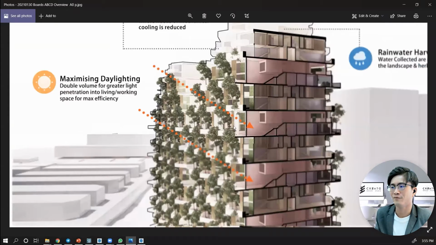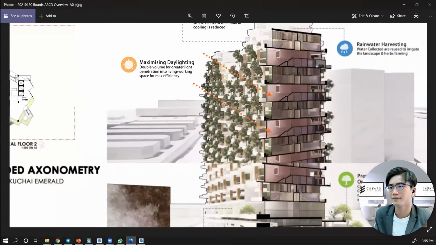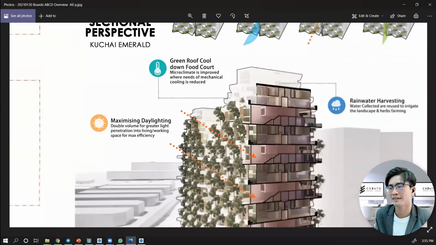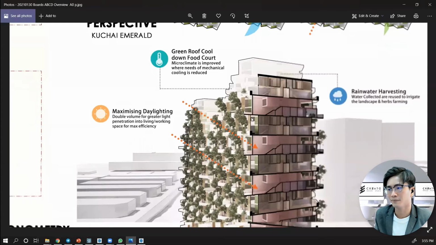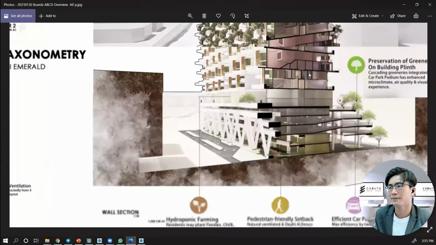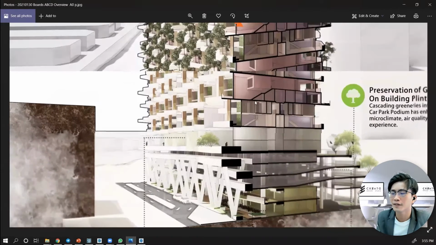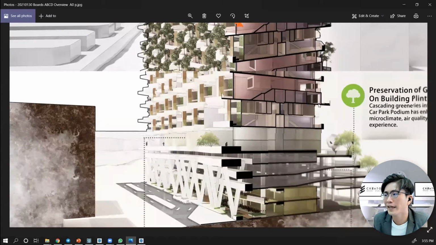This is the same view as just now, the upper part, because it's a tower, so I cut it into two: the upper part sectional perspective and the bottom part. As you can see, the section plane, the black one, is exported from Sketchup.